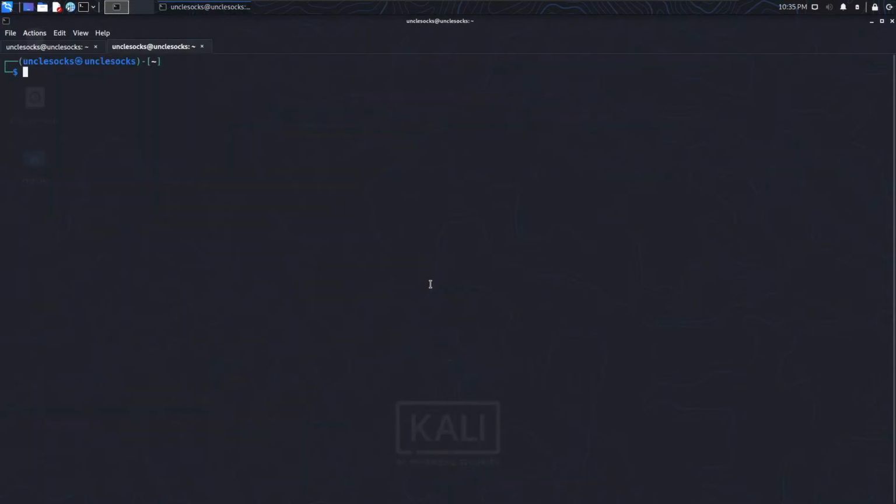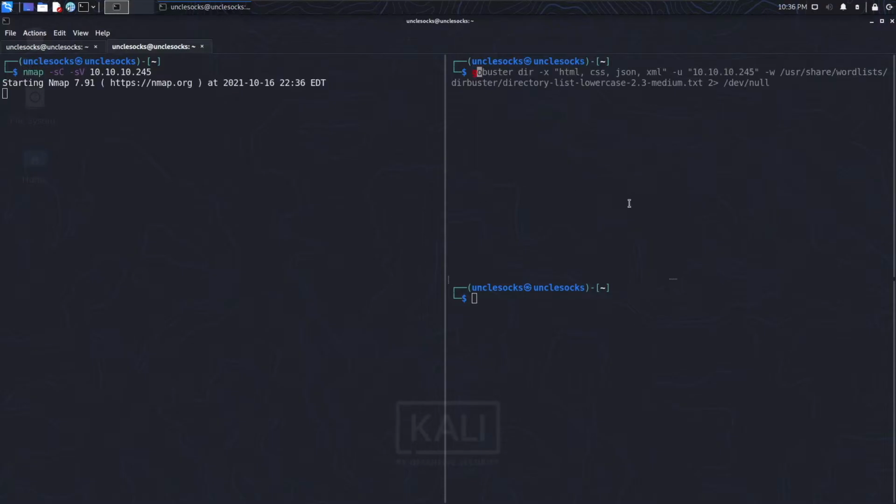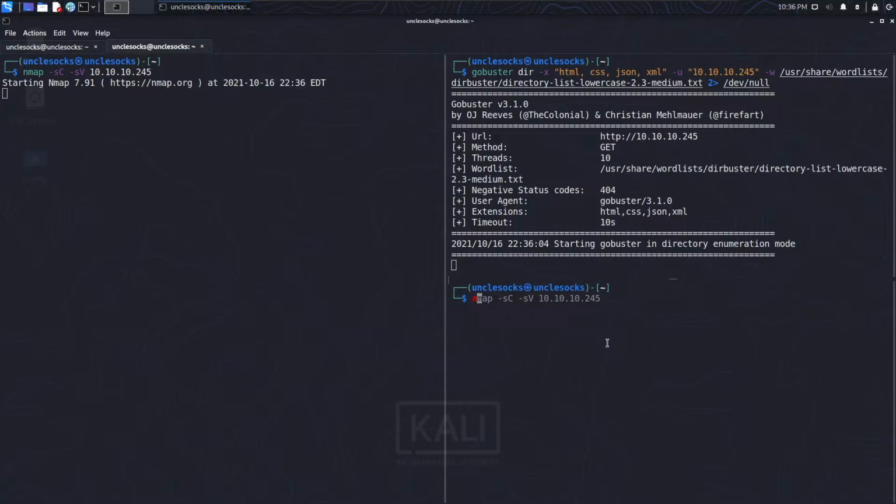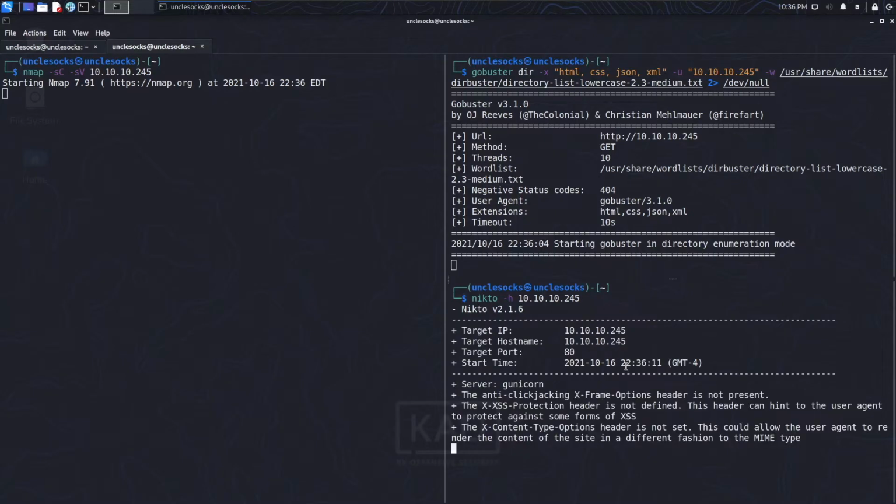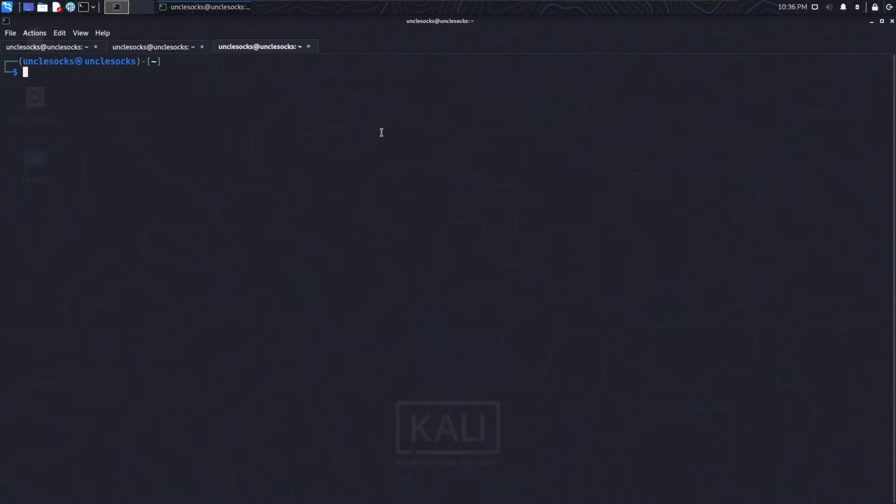If you noticed earlier on Cap, I tend to use nmap, then gobuster, then nikto, when I see it's a web server, right? So instead of doing that manually, I'm going to create a script and then